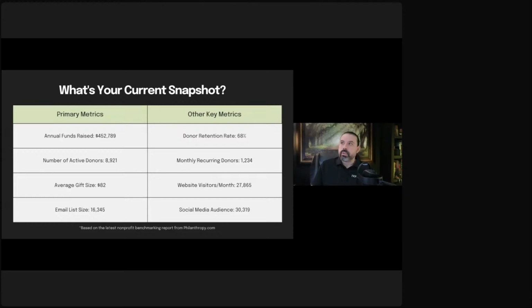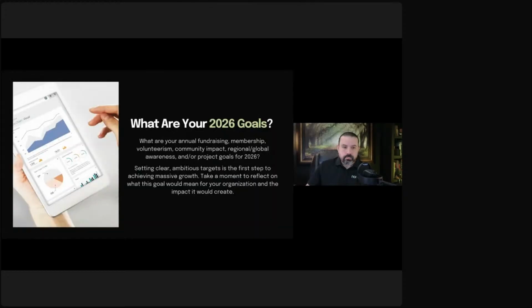And those of you that have been really doing your homework, you'll know that there's a lot more. There's a lot more benchmarks that you can look at, and this information's out there. So make sure that you look for your specific industry and see what the benchmarks are. There's benchmarks for everything from charities to churches. All right, let's move on to the next slide.